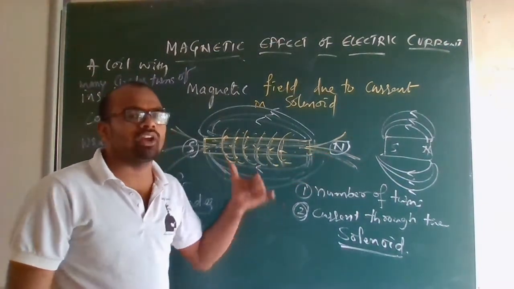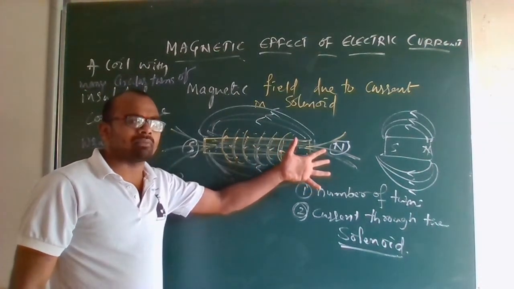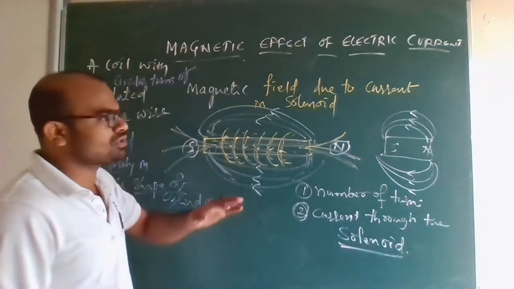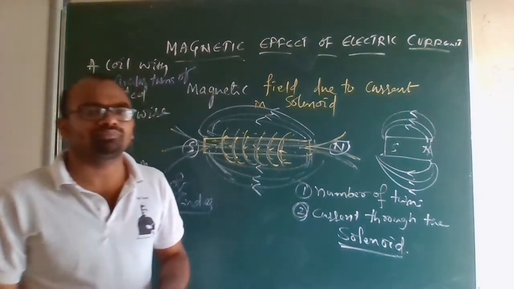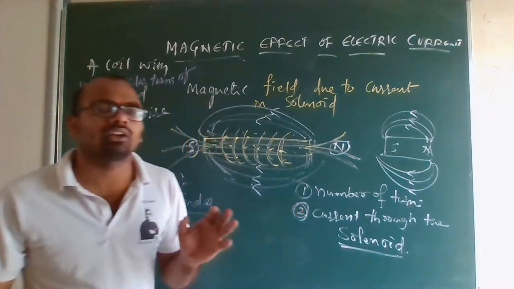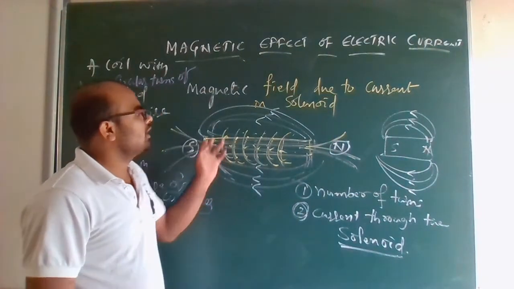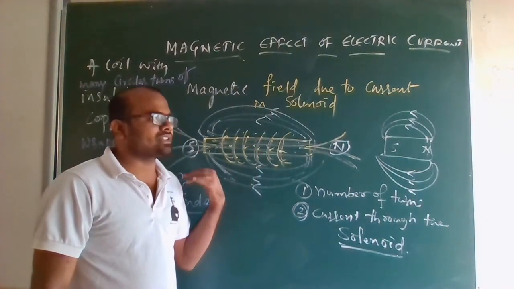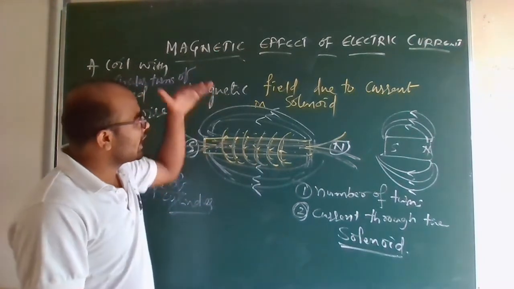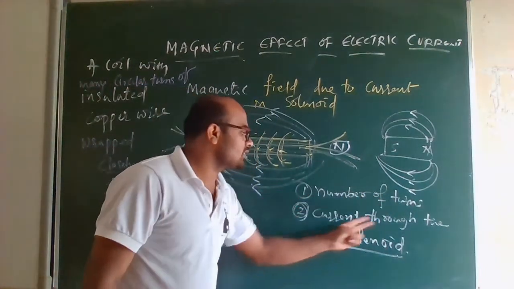There is one north pole and one south pole for the solenoid. So it generally behaves like a bar magnet. The magnetic field lines produced are similar to those produced by the bar magnet. But inside the solenoid, the magnetic field lines are parallel. That means at every point inside the solenoid, the magnetic field is the same or identical. Outside the solenoid, of course, the lines end at south and start from north. That one we have seen. And the magnetic field produced depends on two things: the number of turns and the current through the solenoid.